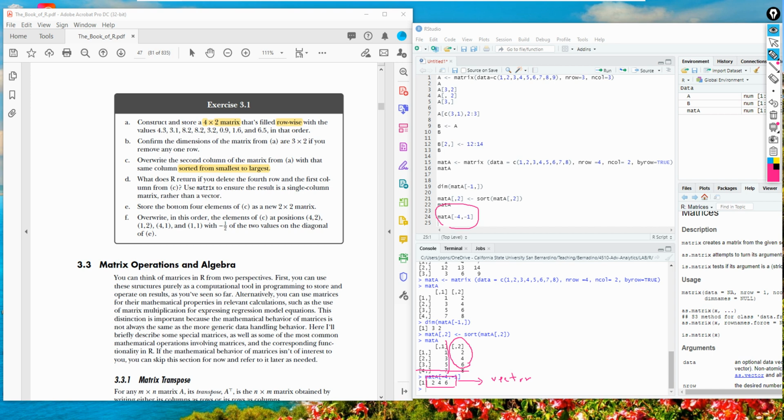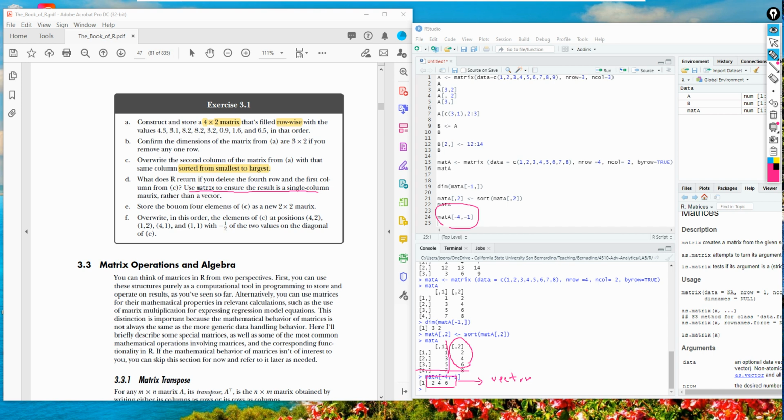That's something I want you to know. And that's why they say to use the matrix function to ensure the result is a single column matrix. Since this is a vector, you have to change this returned result into a matrix using the matrix function.